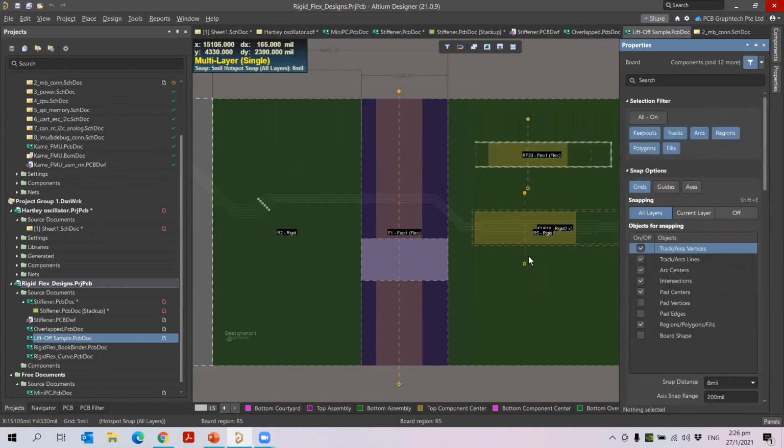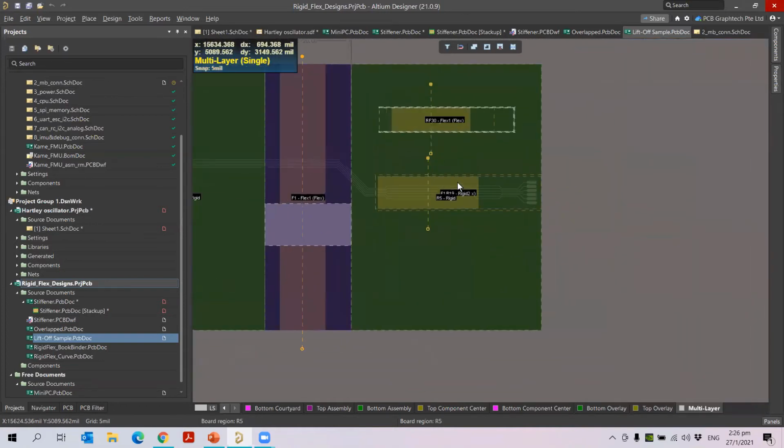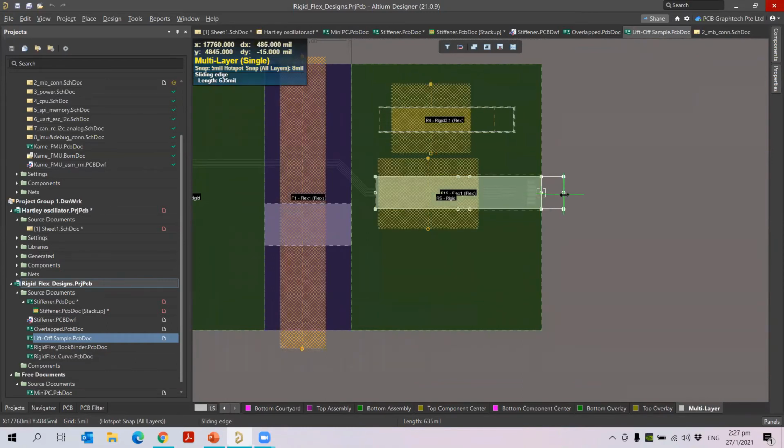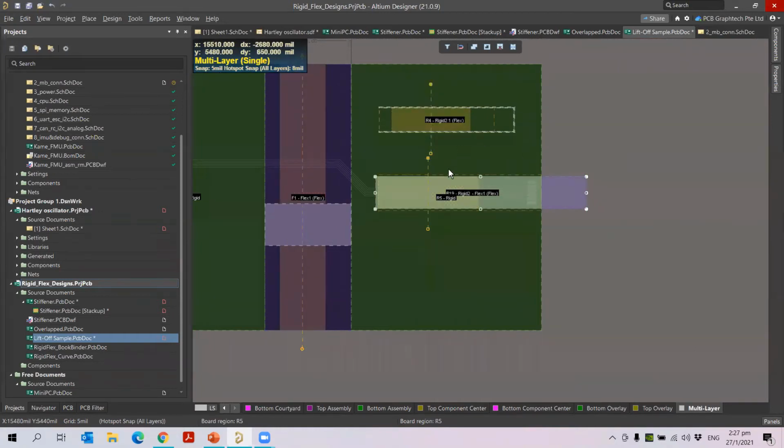Okay, so the advantage here is that you can extend your flex board. This is also a new feature available only in 21. So for example, now I have this region, I want to extend it outside to a certain level, so you can extend the board. Please remember, when you extend, the bend line will not break or be affected in any way.